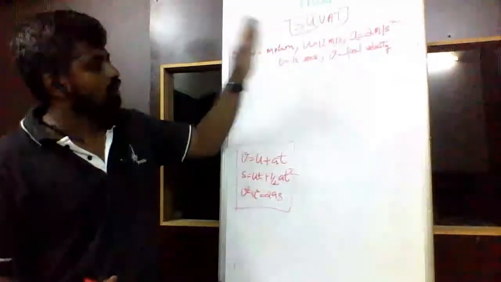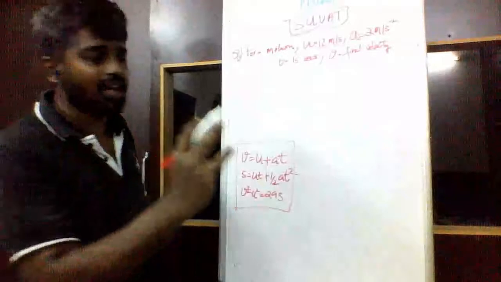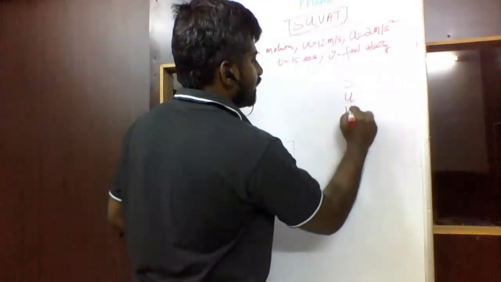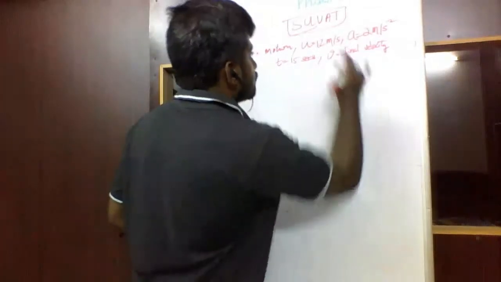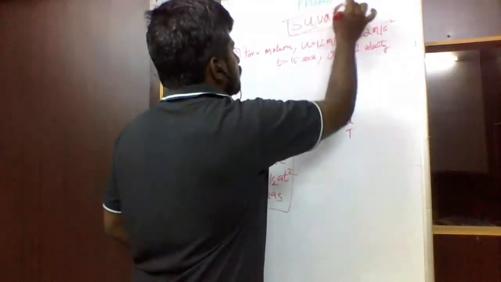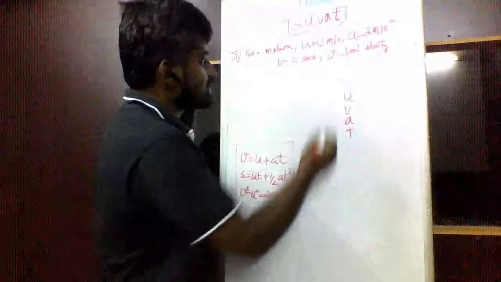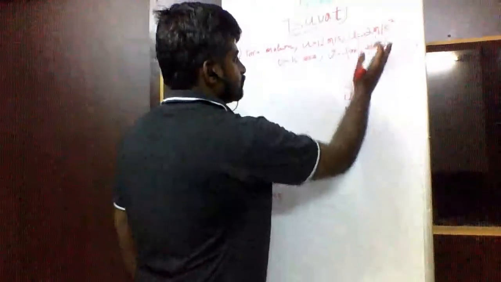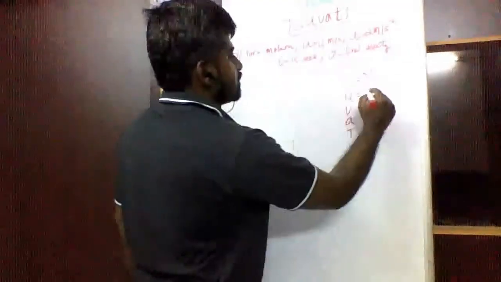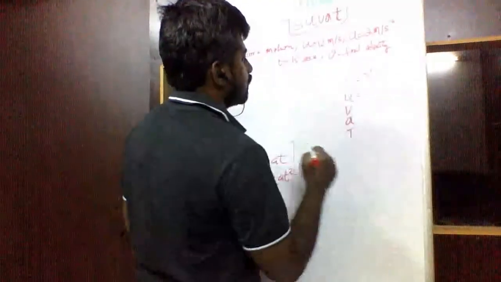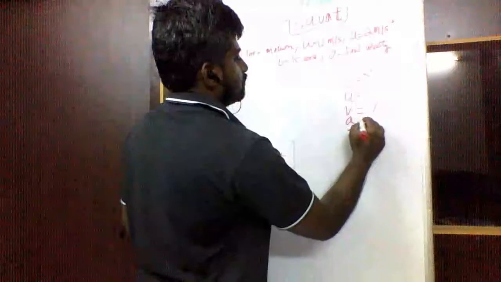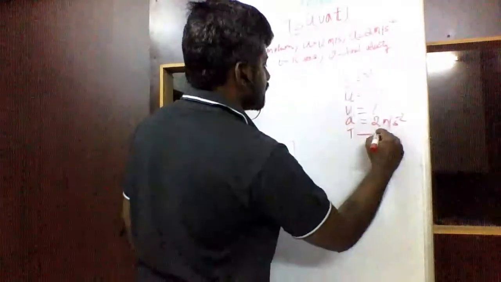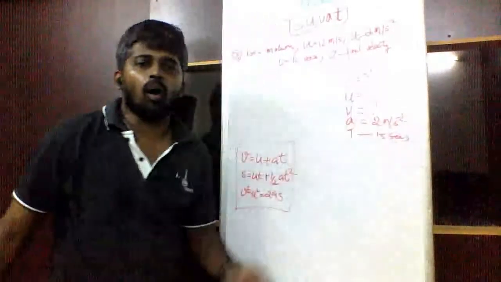Okay, fine. Now remember, always you take SUVAT. Small a and small t, capital V. Now, what is S? S is displacement. Is displacement given? No, it's not given. Leave it. Is U given? Yes, U is given, 12 meter per second. Is V given? No, V they are only asking. Is acceleration given? Yes, 2 meter per second square. Is time given? Yes, 15 seconds. All are given.